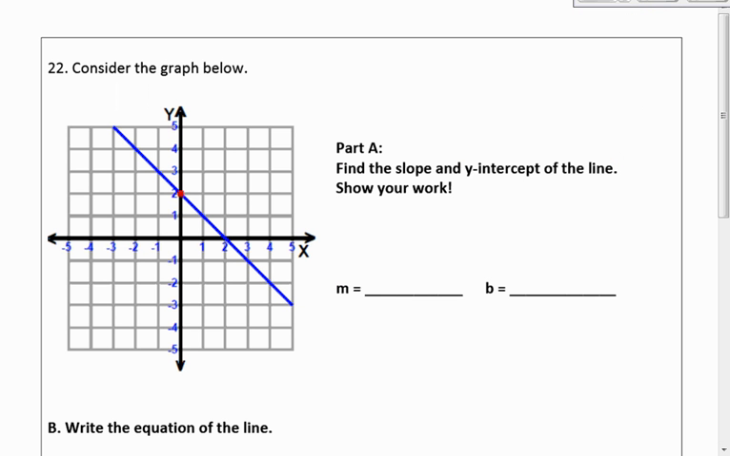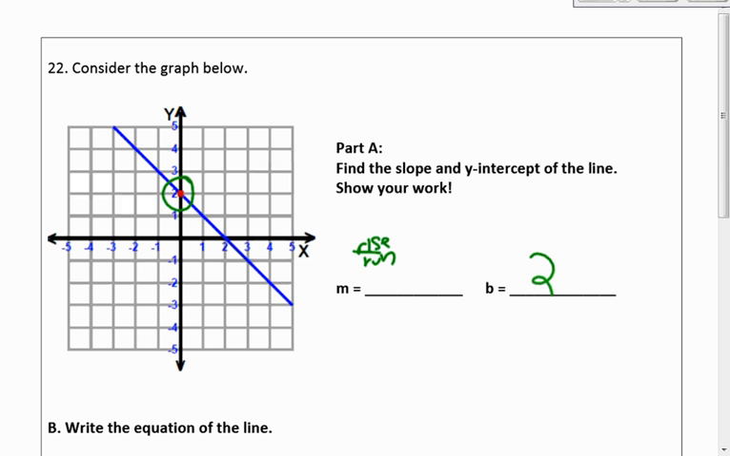For number 22, it says find the slope and y-intercept of the line. Again, the y-intercept is where the line crosses through the y-axis, which would be right here, so the b is equal to 2. The m is the rise over run,